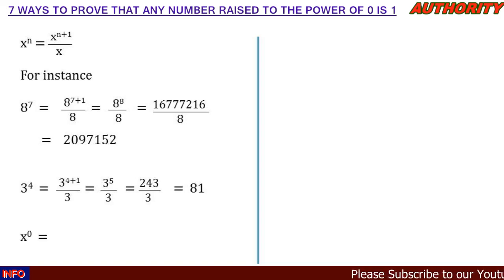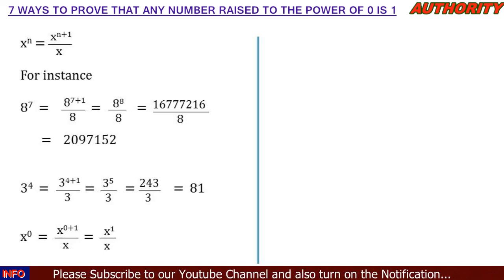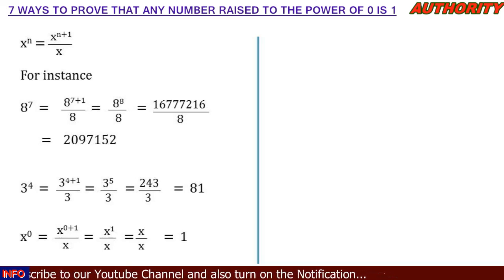What is x raised to power 0? That means we're going to say x raised to power 0 plus 1 all over x. And then 0 plus 1 is what? 1. So that means we're going to have x raised to power 1 all over x. So x raised to power 1 is what? x. So x all over x is equal to what? 1. So we have used this to establish a fact that x raised to power 0 is equal to